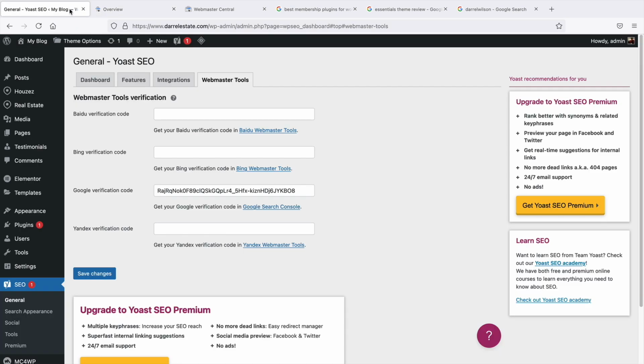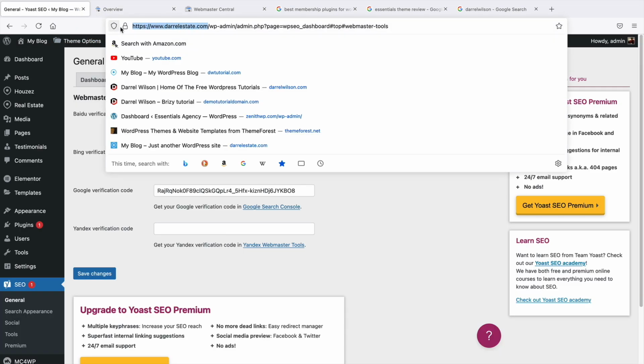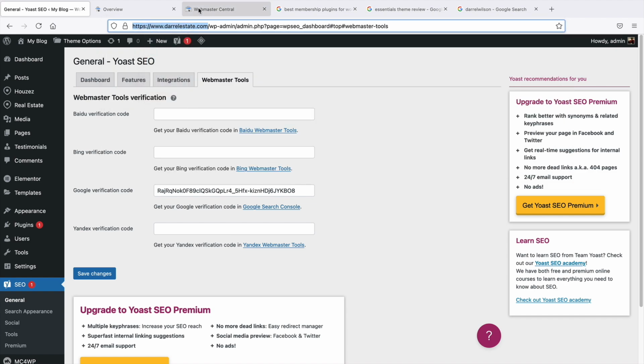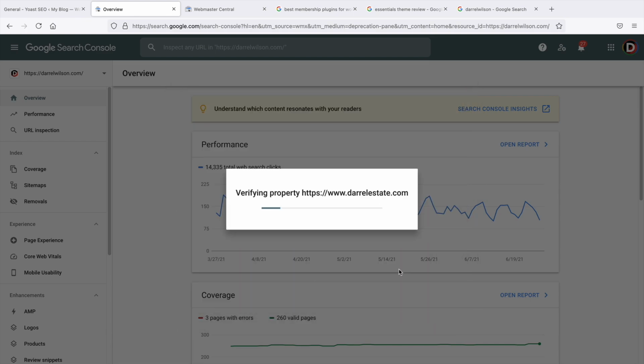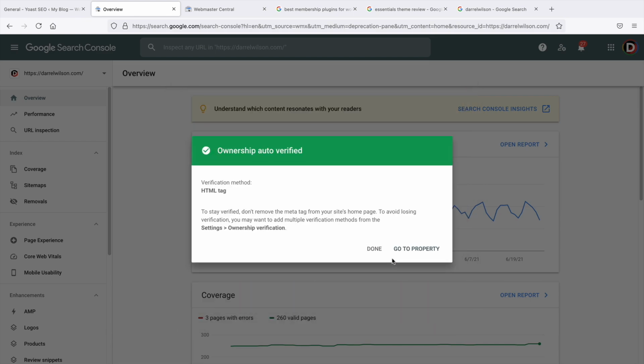So mine was, what was it? It was darrelestate.com. We'll take this whole domain and we will go over here and we will go ahead and put this in the URL prefix. All right, URL prefix, paste that, and then continue. All right, so now you guys can see that the ownership has been auto-verified,